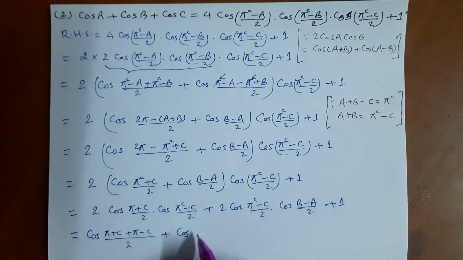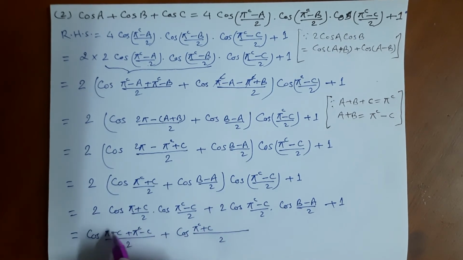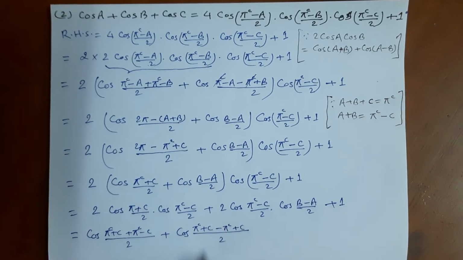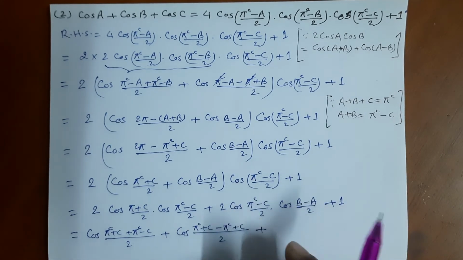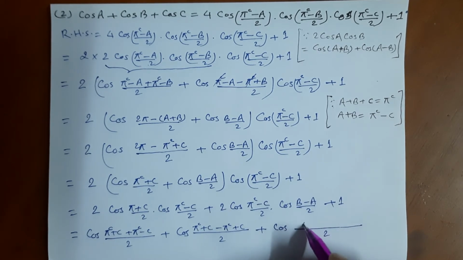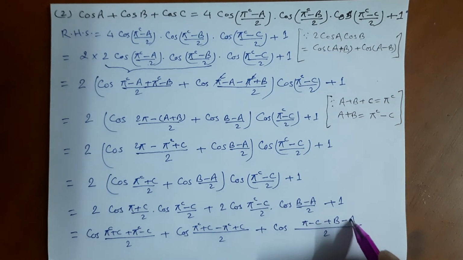So cos pi plus c minus pi radian plus c. Plus similarly here also cos a plus b. This plus this, and LCM will be 2. Cos 2 is LCM, pi minus c plus b minus a,